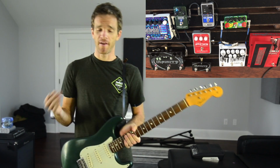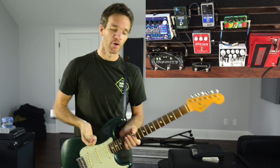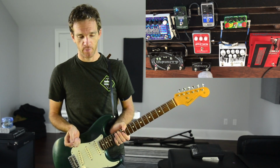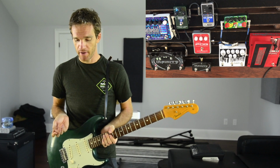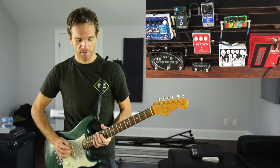Invest in a looper if you don't have anything. If you have just one pedal to use, get yourself a looper. It doesn't have to be as nice as the Infinity one. Cool thing is it has tons of features, and with the foot switch there's a lot of extra functionality, capability, etc. The last thing I want to talk about is the whammy, especially if, like, let's put the,